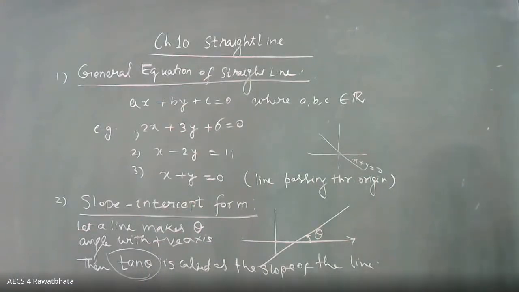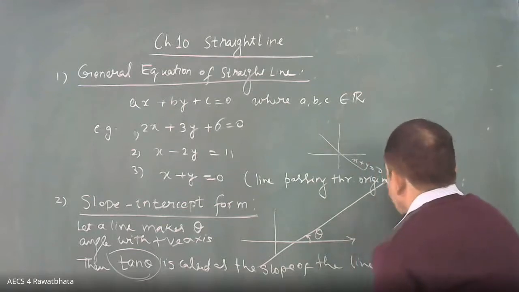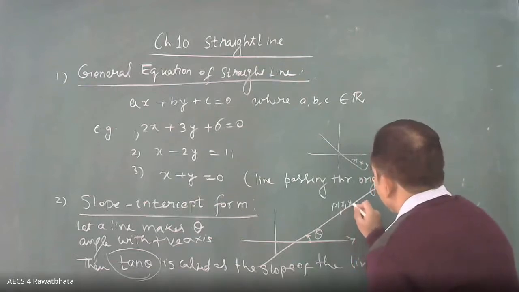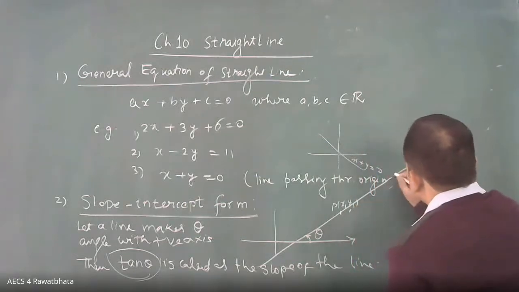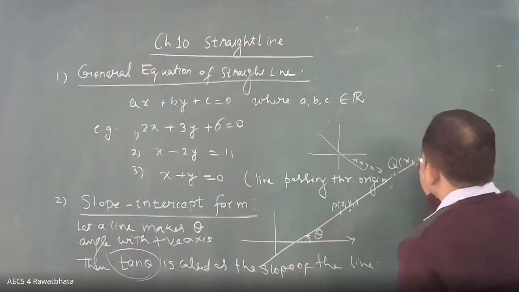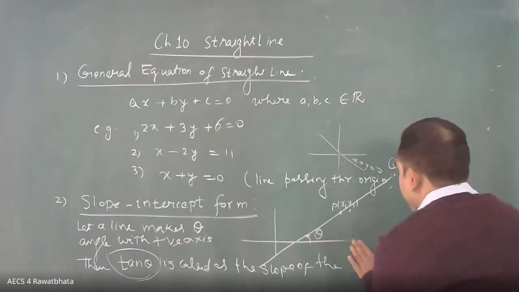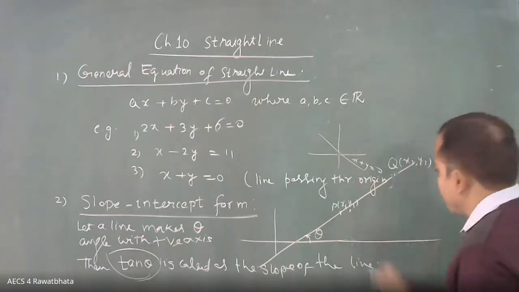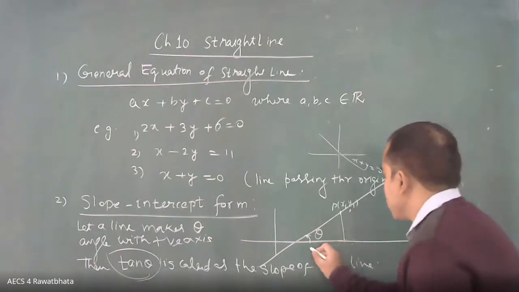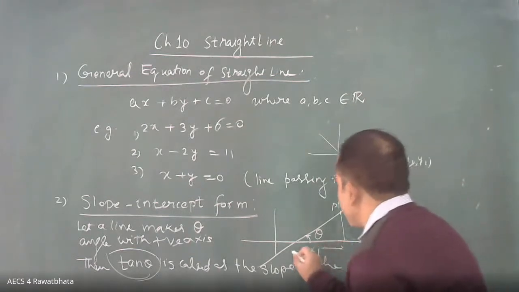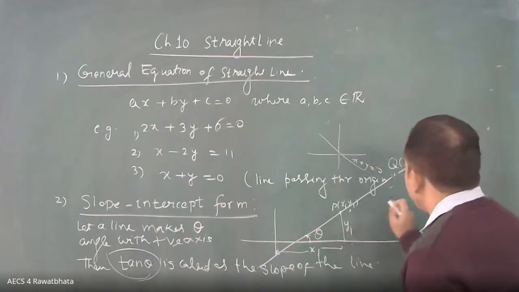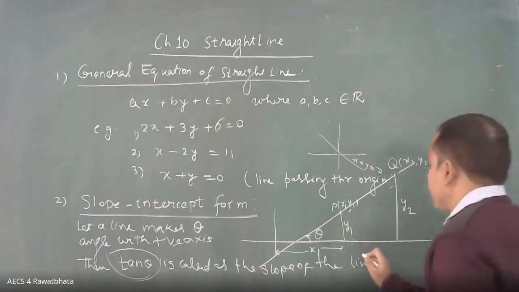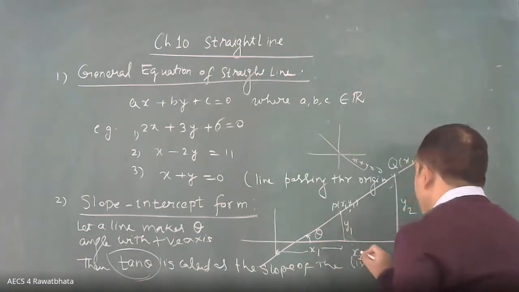Suppose on the line, on the same figure I am drawing, this is a point P whose coordinates are x1, y1. And suppose on the same line there is another point Q whose coordinates are x2, y2. So let us see if we can obtain some relation. We can write tan theta in terms of these coordinates. If I drop the perpendicular, this will be x1, right? This much distance will be y1. And if I drop the perpendicular from here, then this distance will be y2, and this distance will become x2